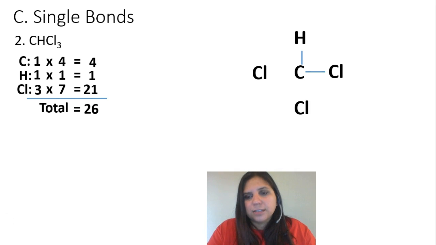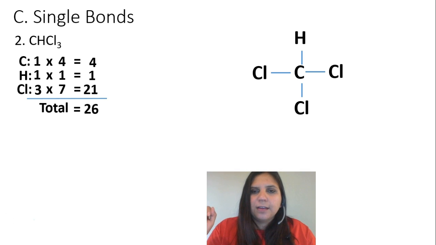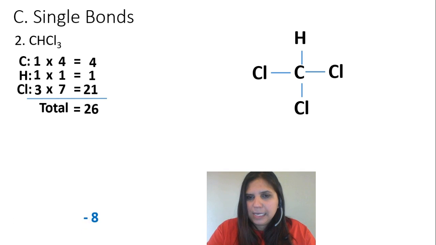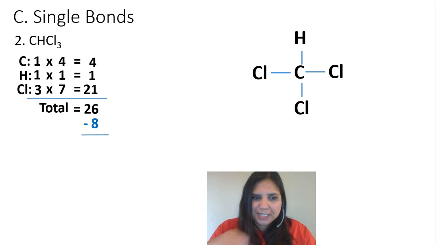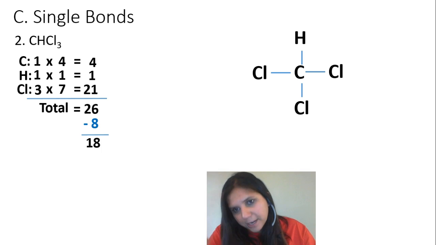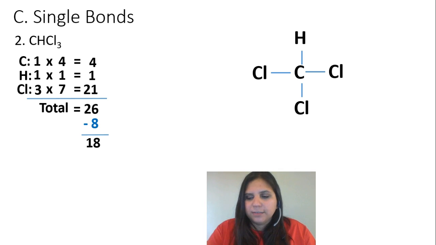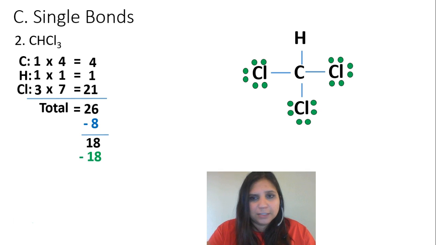Next step is to draw single bonds to the outside atoms. Next step is to fill the octet on the outside atoms. Can't put it around, oh, sorry, here we go, minus 8. So I have 18 electrons left. I have to put those around that molecule. So let's see, hydrogen can't accommodate any more. So let's put them on chlorine. So 2, 4, 6, put them in pairs. This one gets 2, 4, 6, and this one gets 2, 4, 6, and guess what? That's 18 valence electrons,